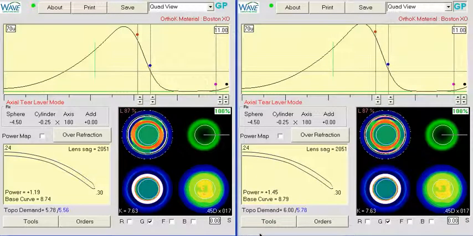Okay, this patient is in orthokeratology lenses, and we have the initial and second designs up right now. The problem we're facing is a little bit of an undercorrection. With the initial lens, the patient still had about a diopter and a quarter of remaining myopia. We redesigned with slightly higher topo demand, and the patient still has about 3/4 of a diopter of residual